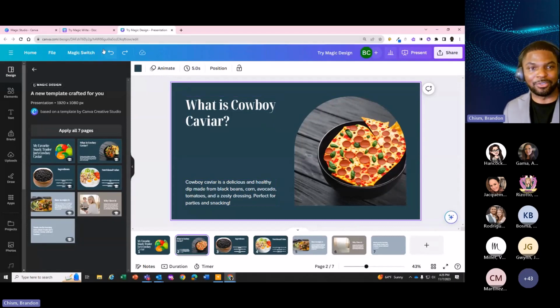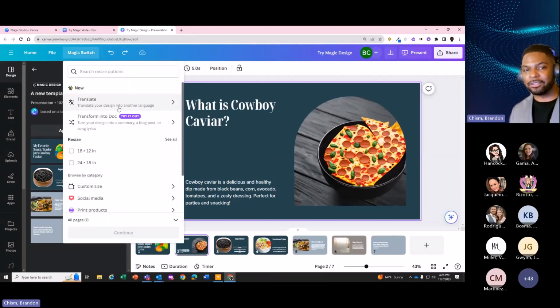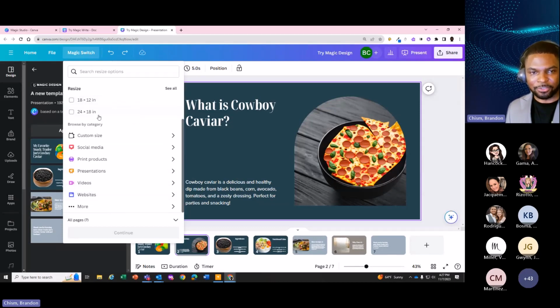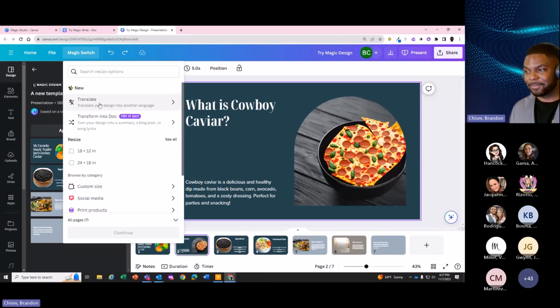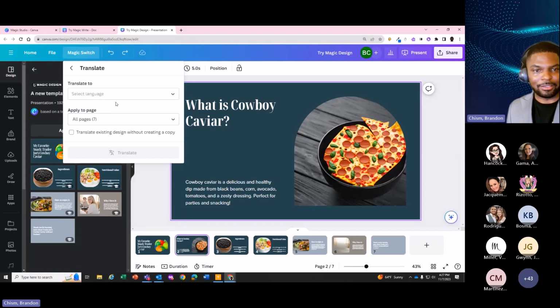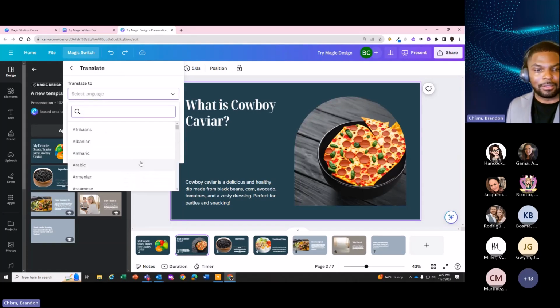There's more though. There is more. So there's this button here called Magic Switch. This is pretty neat. It can translate a document. It can transform it into a document. It can resize your document and multiple other features, but we're going to translate it. I want to translate my entire document, and we'll change it into,